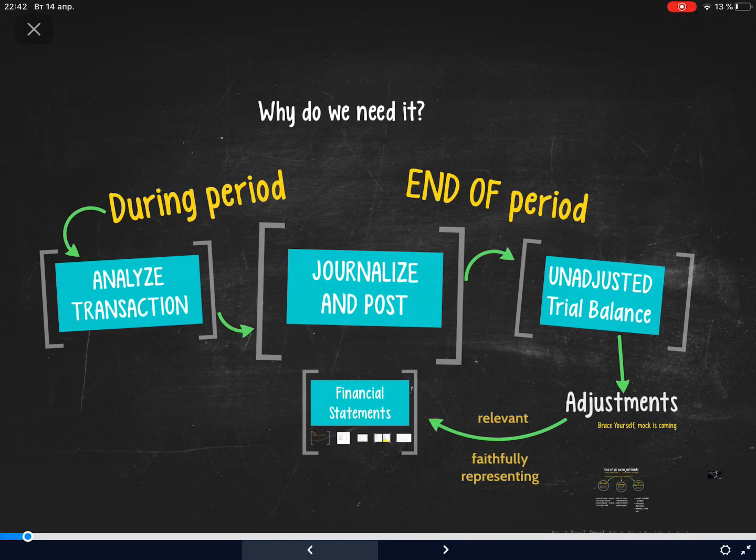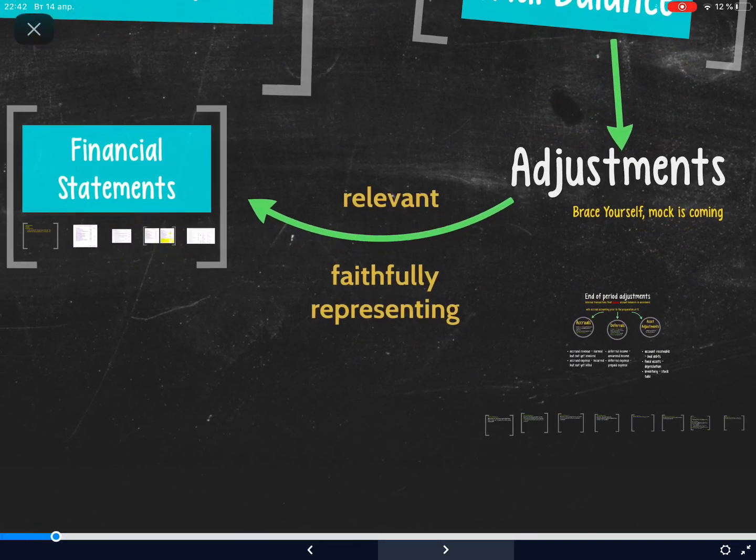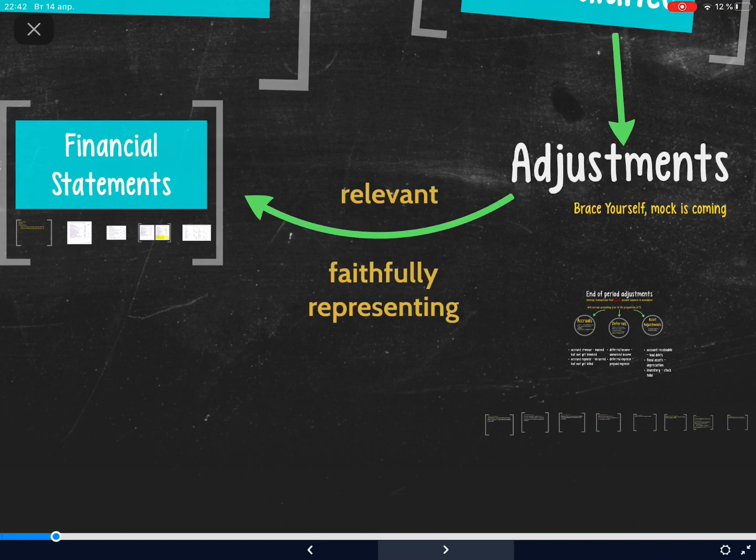And the question, why do we need it, could be answered as follows. During the period, bookkeepers analyze transactions and journalize and post them into the books of the firm. Normally, this is some accounting software. At the end of the period, the accounting team can compile an adjusted trial balance, and adjustments are the entries which are performed by the chief accountant, as I said before, and it helps to receive relevant and faithful, complete